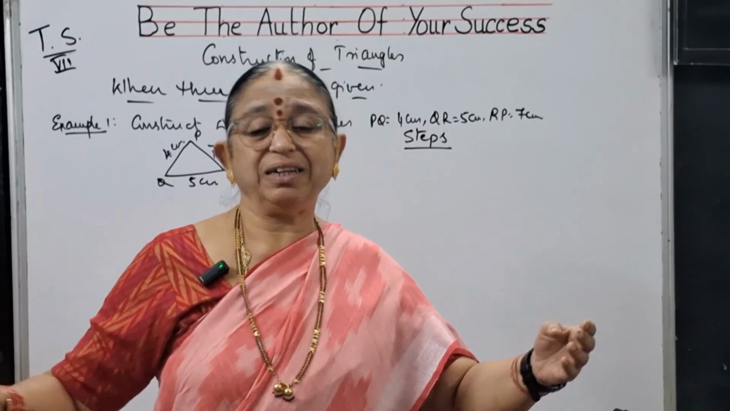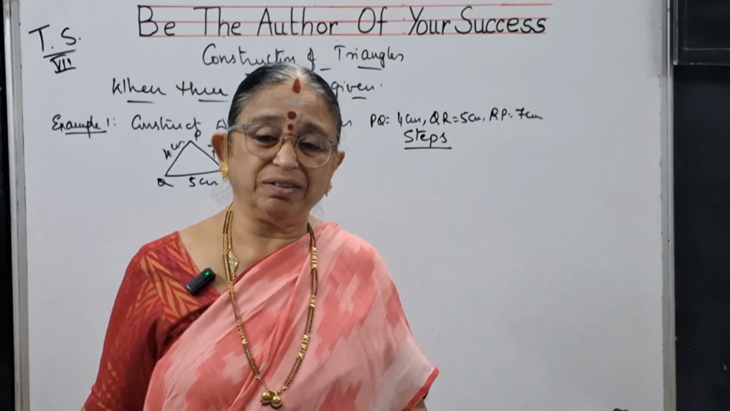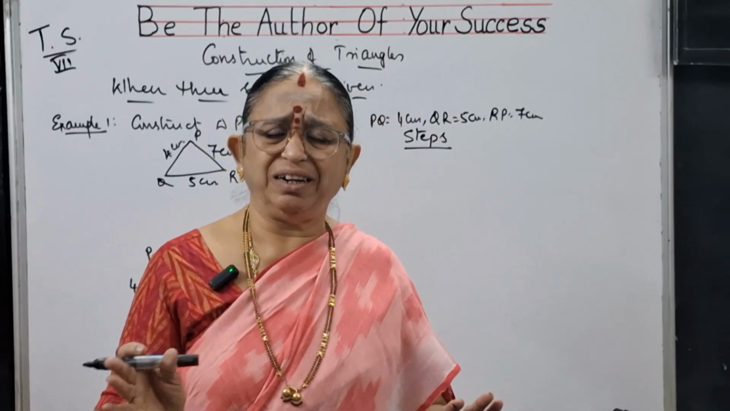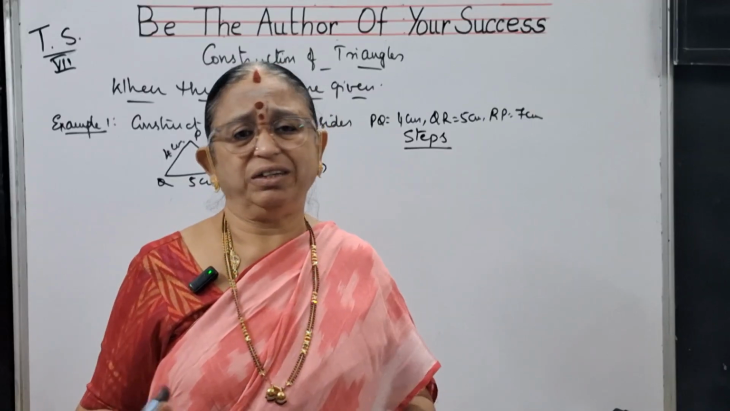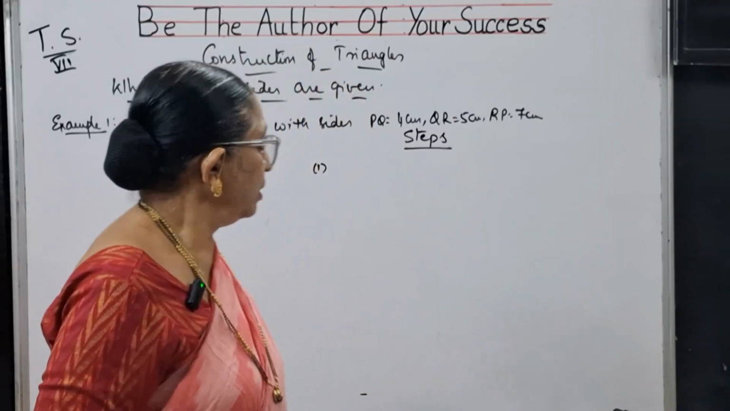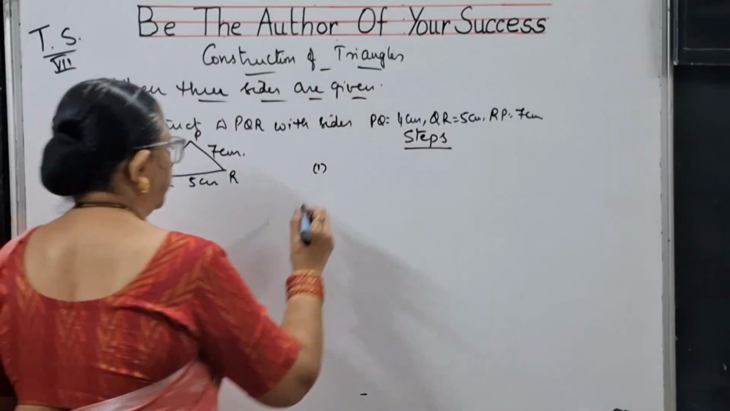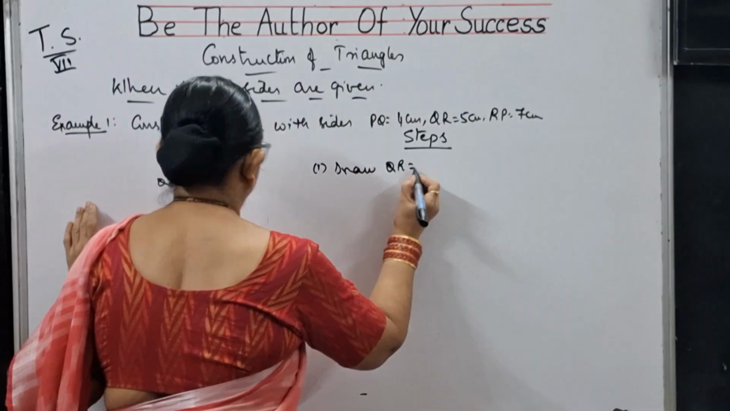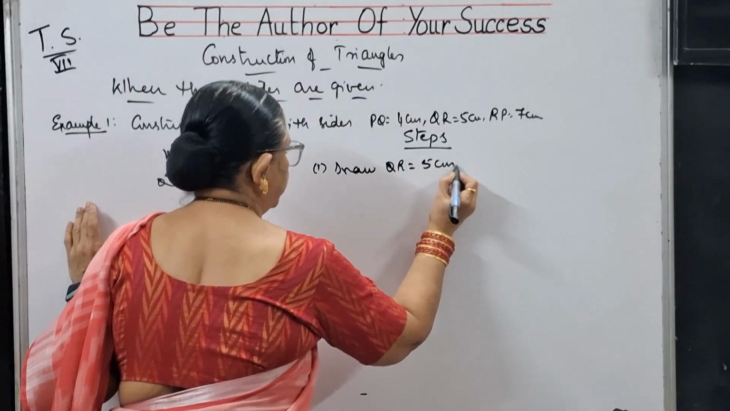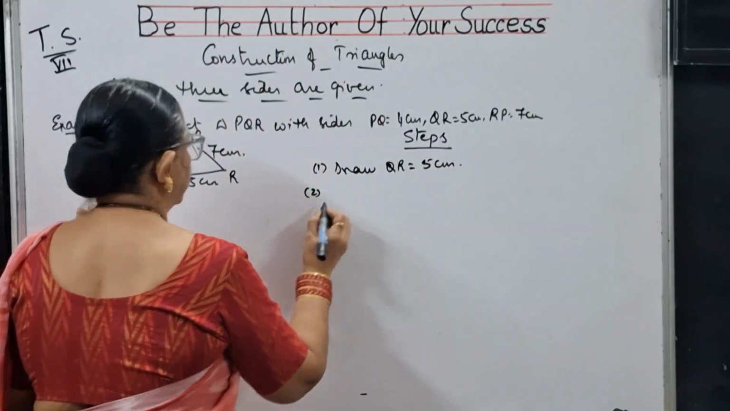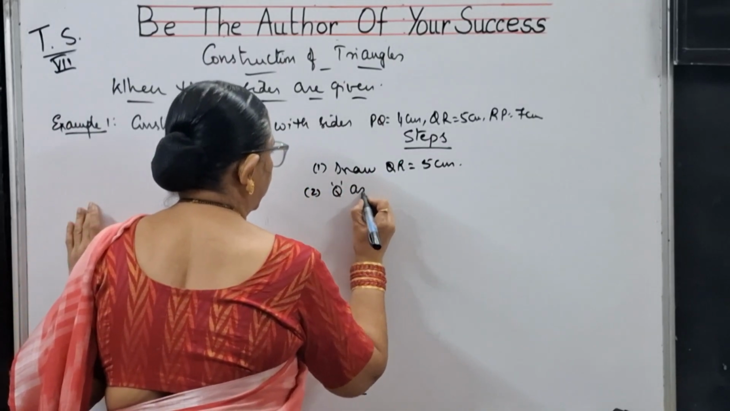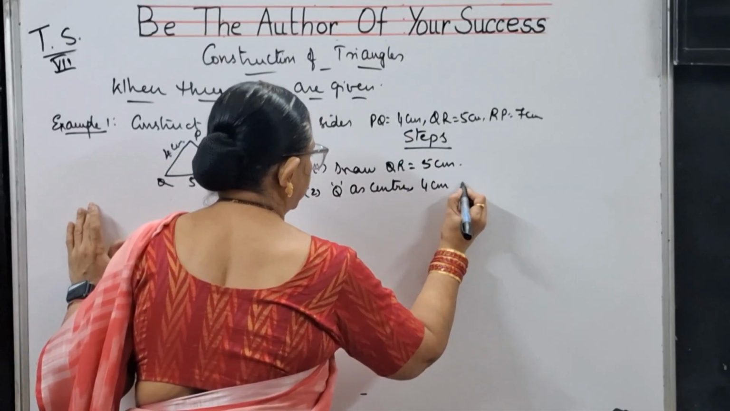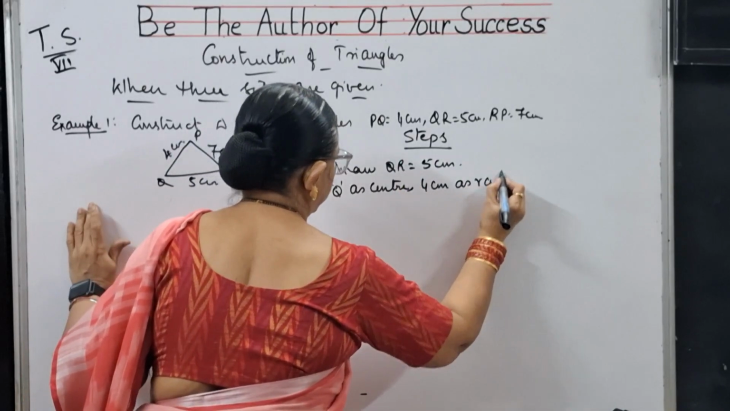Don't write lengthy literature for the steps. They are not needed. What you have to do, that's enough. In a single line, at the most 1.5 lines, that's enough. Not more than that. So here, the first step is draw QR is equal to 5 centimeters. And second step, Q as center, 4 centimeters as radius,